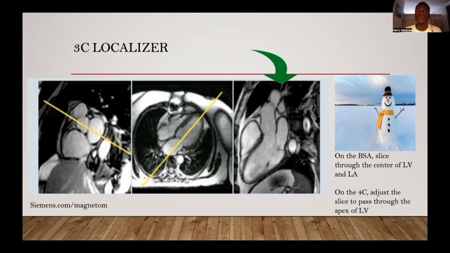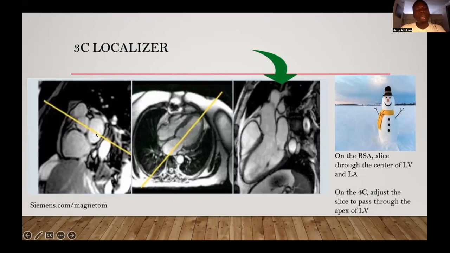So now, what I didn't do during my early days of scanning is the 3-chamber localizer. I tend to go and get it when I've done my scan for 2-chamber, 4-chamber, and short axis. But common knowledge demands that I should do it so that I don't really stress myself during the scan. It's not a rule of thumb, but it's something to make your work very easy. To plan for the 3-chamber localizer, you bring out your 4-chamber this way, and then you bring out your base